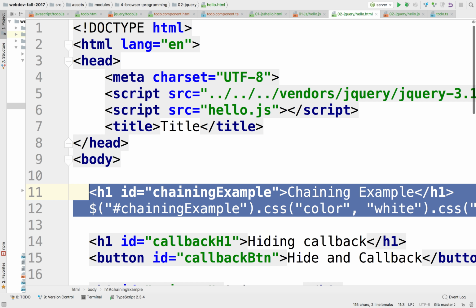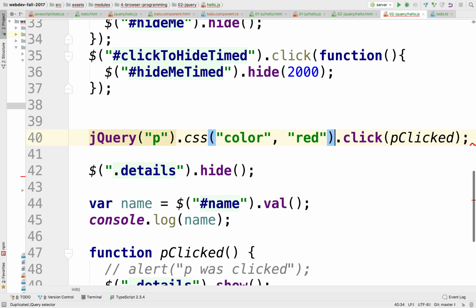By doing that, it makes this redundant. See that? I don't really need this. I can just do that. Because this function returns this, I can just keep reapplying it.